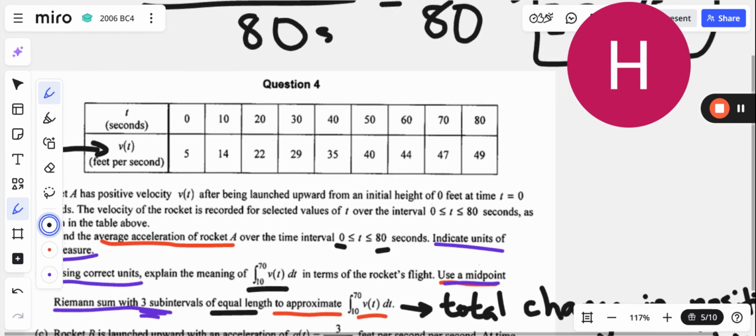So it makes sense they gave us so many spots here. If we want to go from 10 to 70 in 3 subintervals, we're going to split it up here, and we're going to split it up,